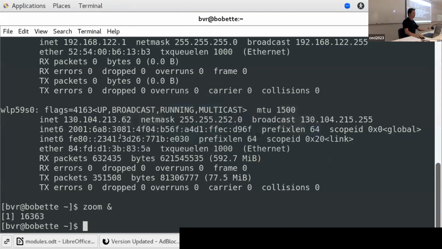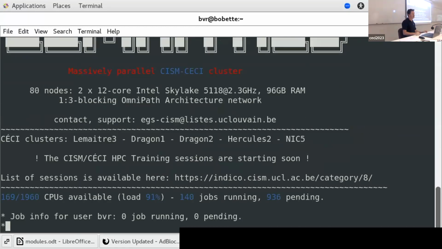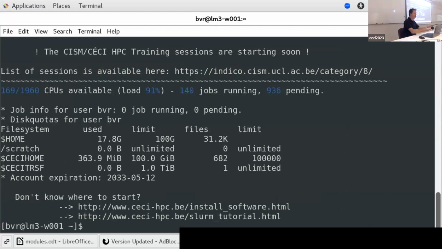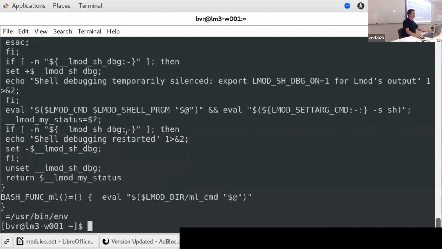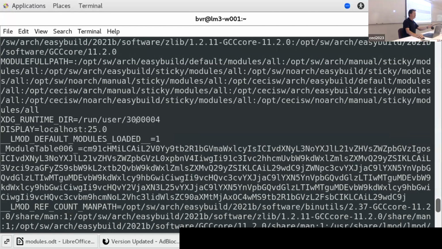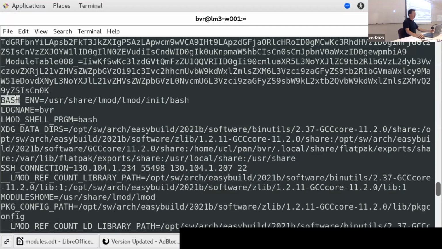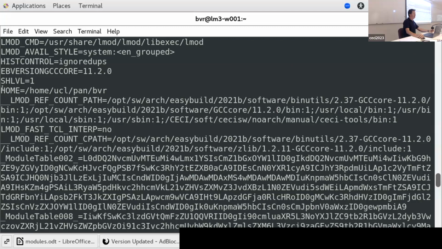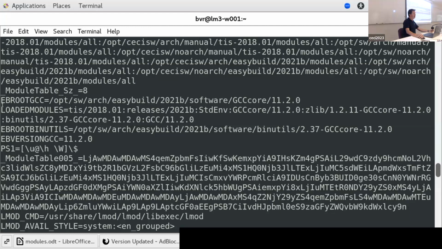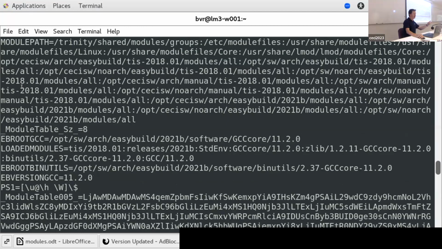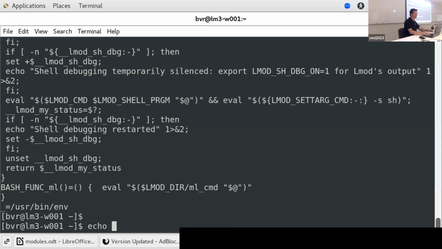So, for instance, I logged into Lemaitre. You see, I have an SSH agent, so I'm directly logged in, with information and so on. If I do env, I see plenty of things. So also there the PATH environment and so on. The HOME variable is important because it's often used. The loaded modules and so on. We will see that. If I do echo $PATH,